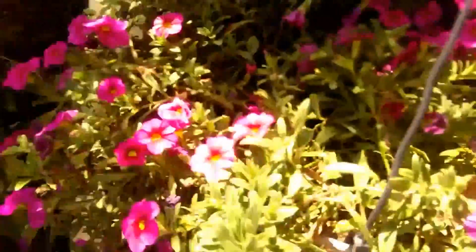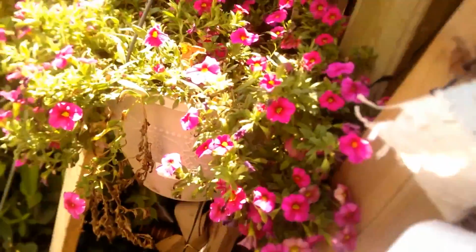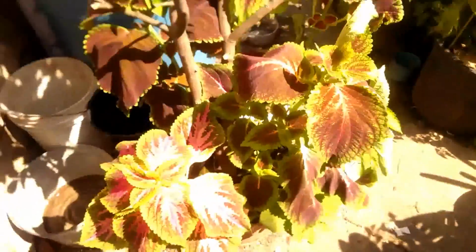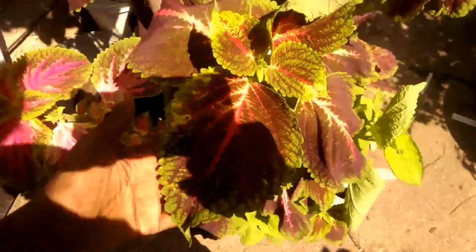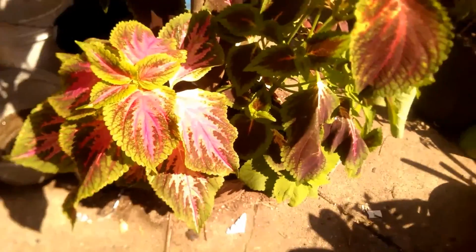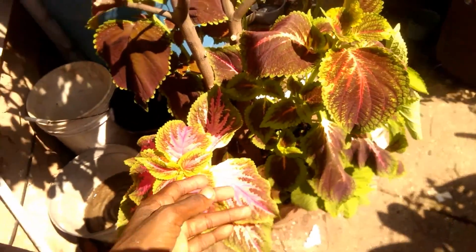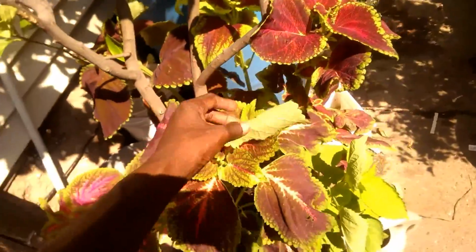And this is Calibrachoa. They dry out so fast. I just had to water it this morning. It's been raining, but for some reason, I guess where that is and this, the water doesn't quite reach them. Anyway, what a noise. These coleus, I grew these from seed. And they're doing amazing. These colors are spectacular. I love looking out the window and seeing them. And back here,